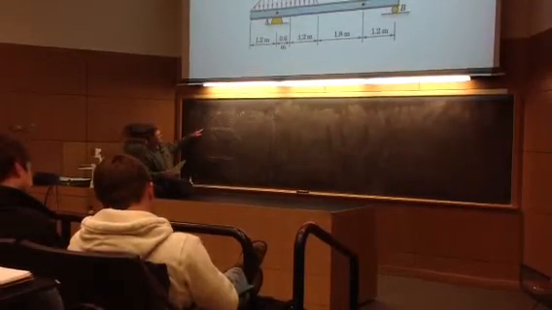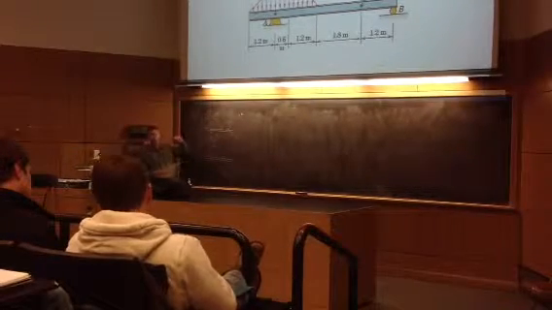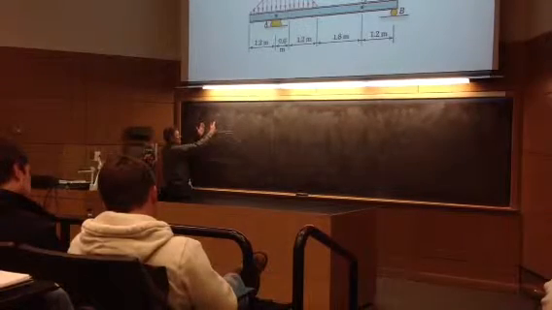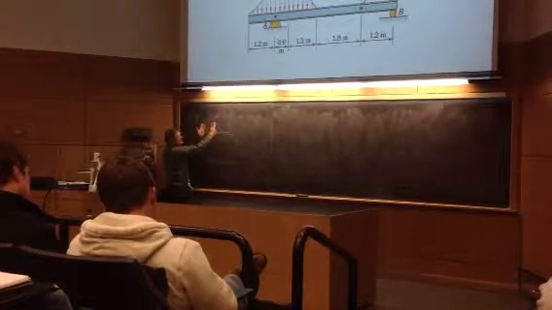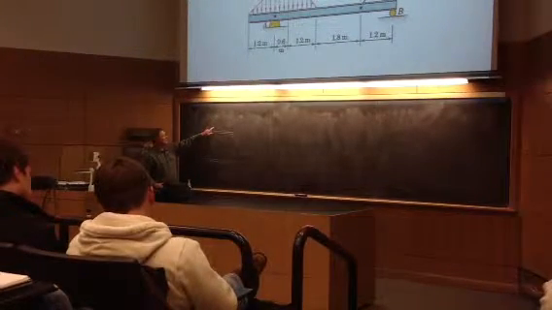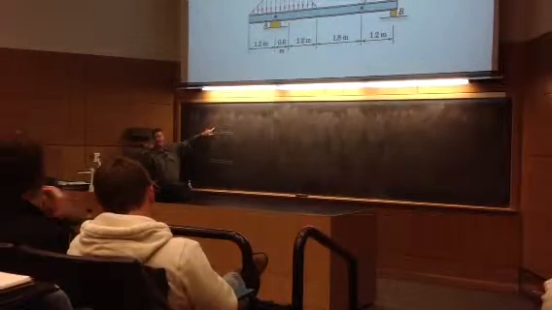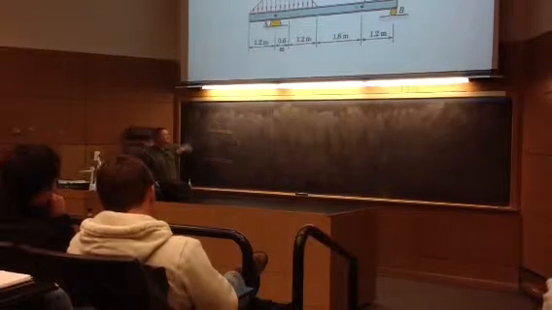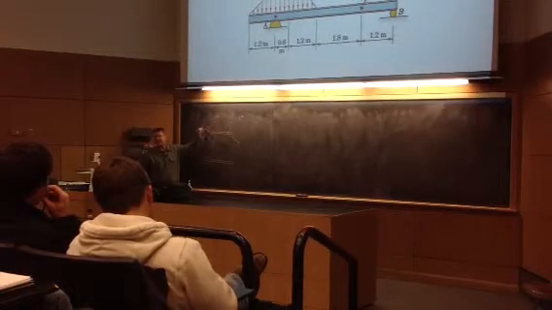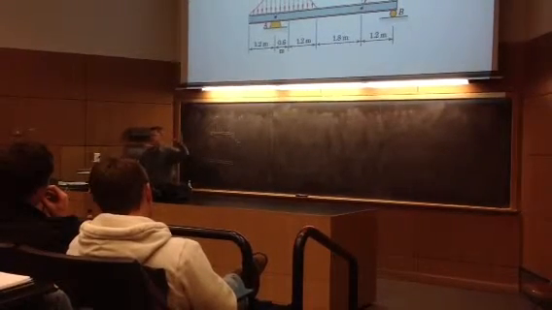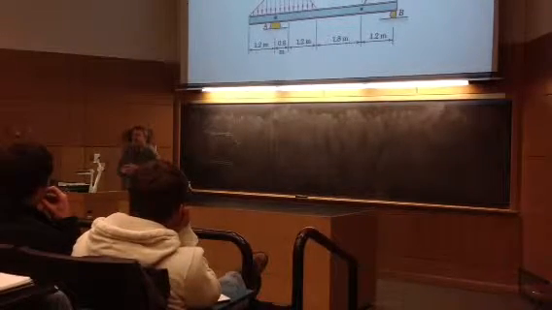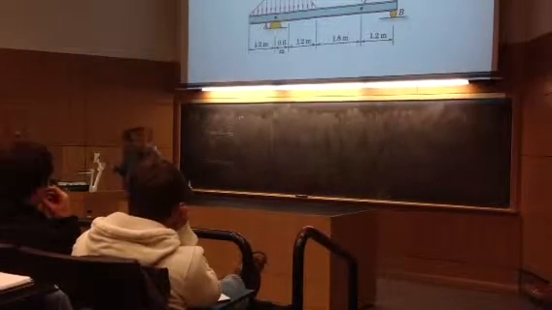So I've made it look like this triangular load is symmetrical. It's not. This distance is actually 1.8, and this distance is only 1.2. So the centroid is not going to be at the peak up here. Centroid is probably going to be a little bit to the left of that side. Now I could figure out where the centroid of that overall area is, but I don't even have to do